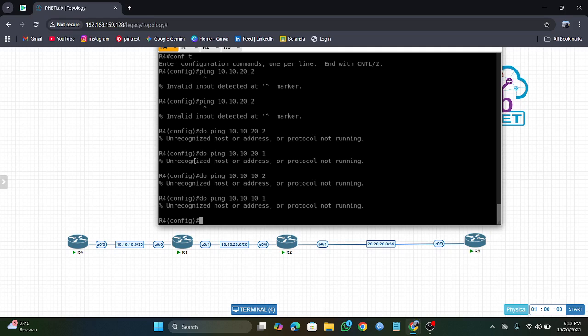Okay, next, here you have a ping, but only between the same AS.